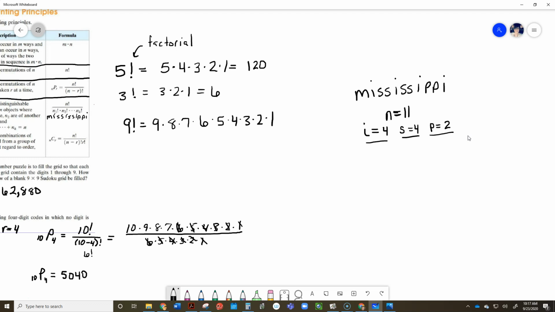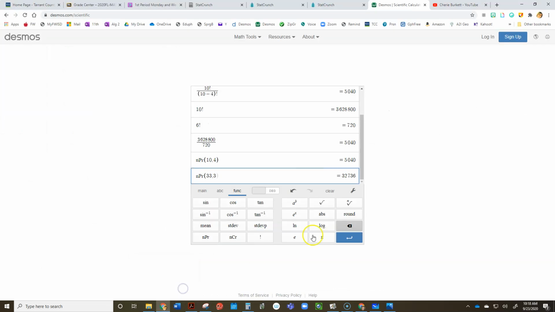So the way this works is I do 11 factorial on top, and I'm looking at this formula right here. Do the total number of objects that you have, factorial, on top. So I'm going to do 11 factorial, and then I'm going to divide out the ones that are indistinguishable. So 4 factorial times 4 factorial times 2 factorial. Divide those out. If I use the Desmos calculator, which is my favorite because it has that nice fraction bar,